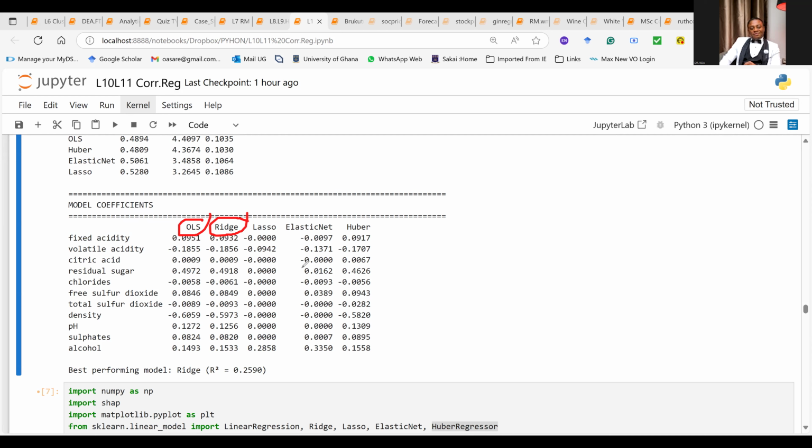See, some people are saying density, some people are saying citric acid. We'll see. Which variable? It's quite strange the way some of you are getting answers. I say based on the ridge result, and the answers I'm getting are not good. Which variable is the most important? Even though this is not a better way to determine importance. Which variable? You are wrong, so you have to correct it.